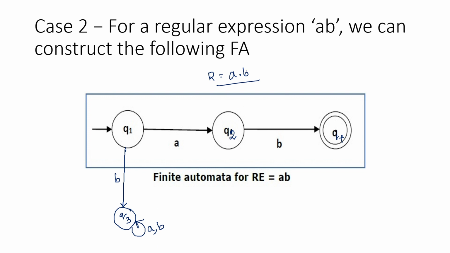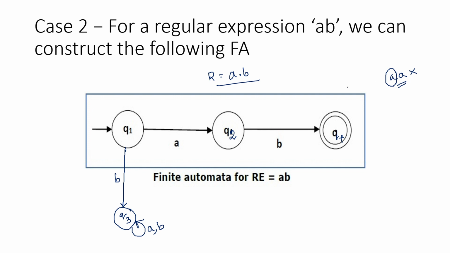So that at the end of the string, the machine will find that you are in Q3, which is not a final state, and the machine will reject the string, and that is what I want, if the string starts with B. Similarly, if the string is just A, then also the machine should reject it. A means this first character was correct, as it is required because the first character is A in the regular expression. But the second character has to be B, which is not present here.